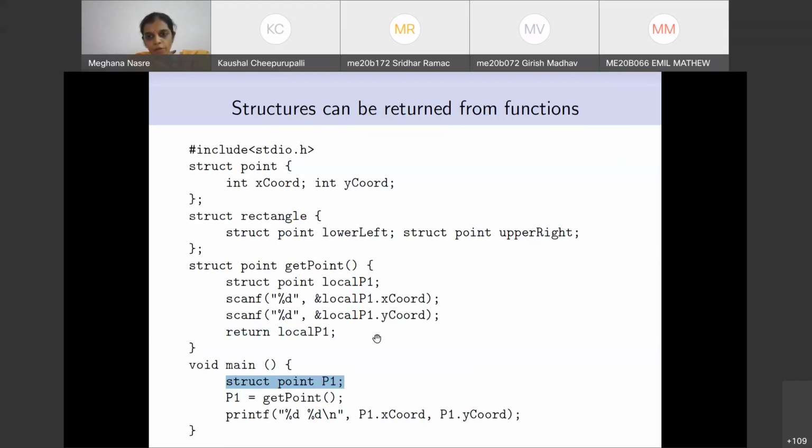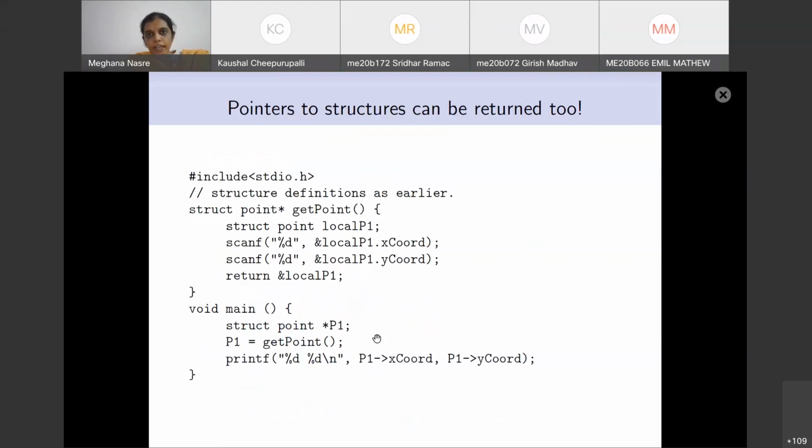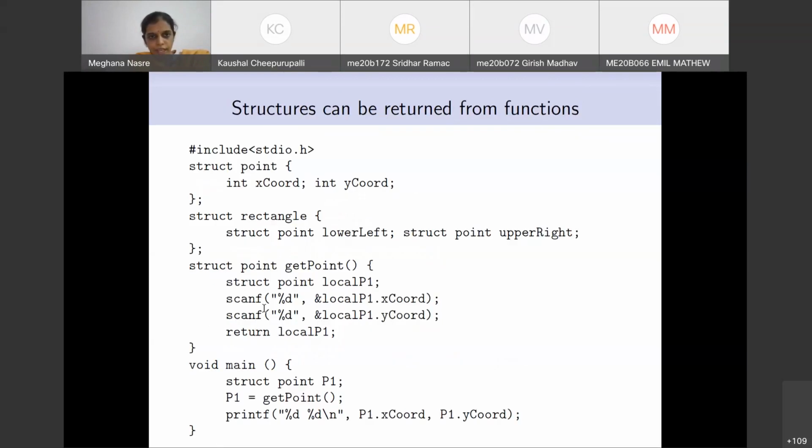So if we want to avoid copy, can we write the function which returns a pointer? We know how to deal with pointers now. Why don't we return pointers? So note the change between the two functions. Of course, I have omitted this structure definition so that it becomes a little succinct. This function get point was returning a struct point.